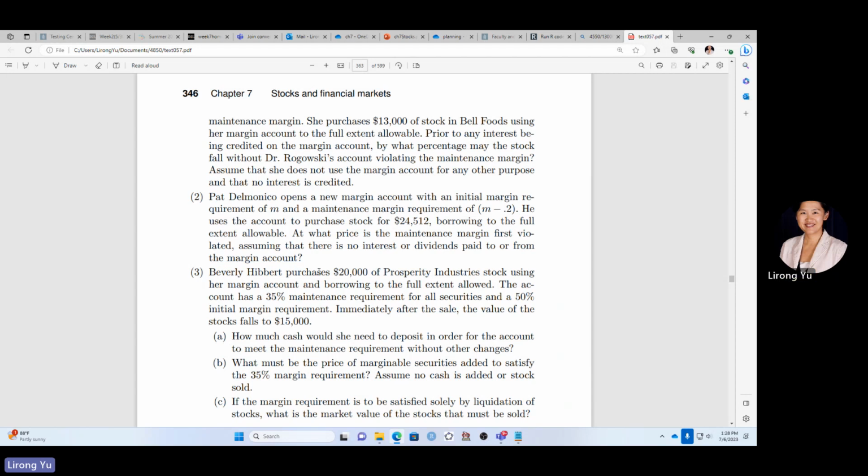So here in this question, Pat opens a new margin account with initial margin requirement of M. M could be 0.5. It could also be 0.7, 0.8. And the maintenance margin is slightly lower. That's M minus 0.2, which if M is 0.5, then M minus 0.2 would be 0.3. So that's a 30% maintenance margin. He uses the account to purchase stock for